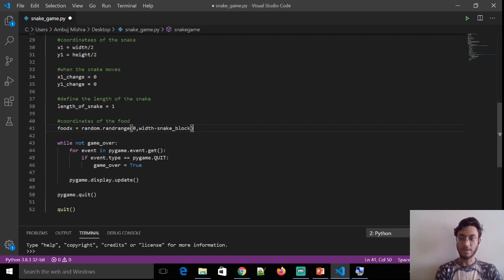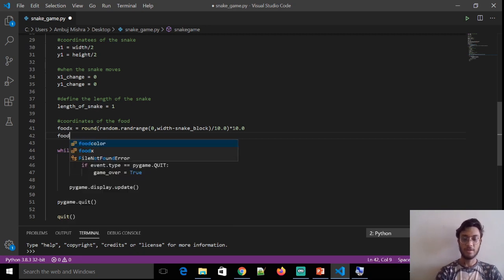Now I will be dividing this random value by 10.0. It will give a float value, and that float value will be rounded off to an integer value. So I'm going to use round and multiply by 10 over here.